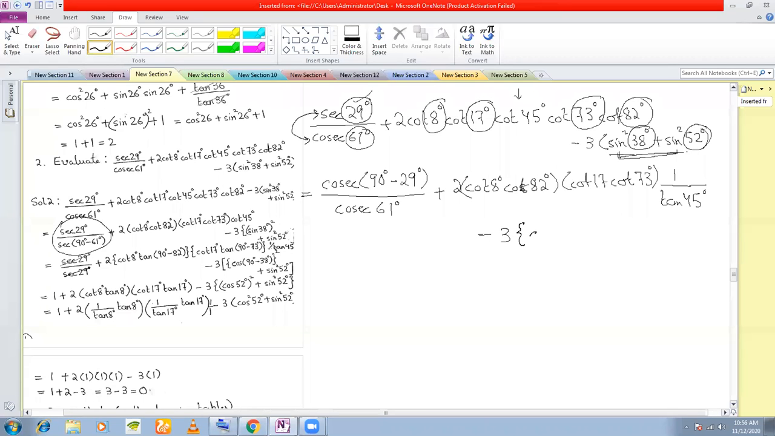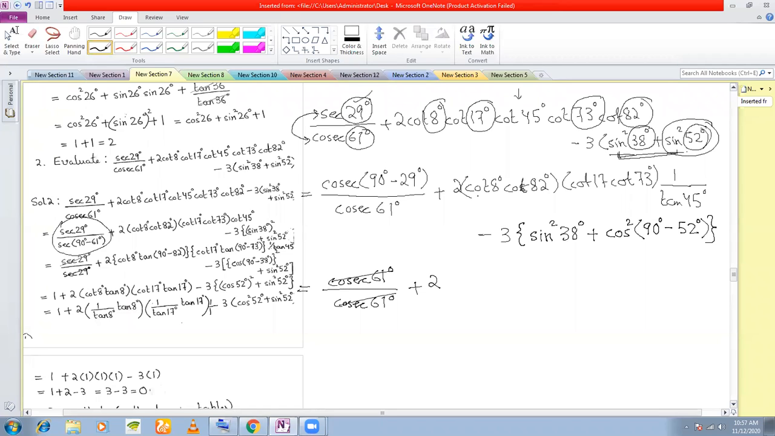Okay. Sine square 38 degree I keep as it is. Okay. And this one, what I do is, this sine square I change to cos square. And when we are changing sine to cos, we subtract the angle from 90 degree. That's it. Now what happens? Next step, this becomes cosec 90 minus 29 becomes cosec 61 divided by cosec 61. So these two cancel. Okay. Plus